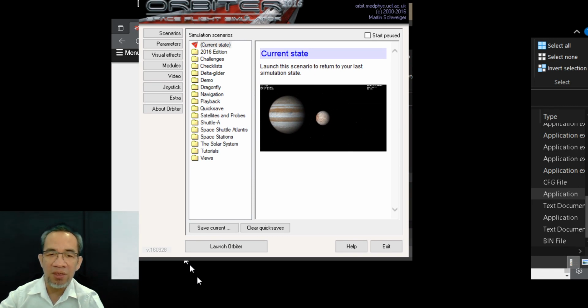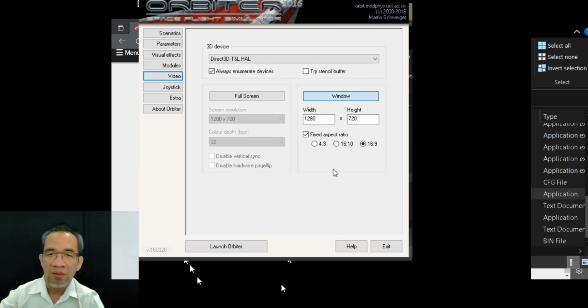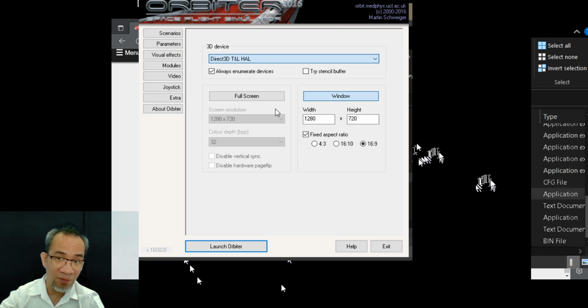So this is our launcher, and let's go first to video because this is very important. So I'm in video here. This is the default width and height I selected because we're going to run it in a window. You can run it full screen, but I advise you to first run it using a modest resolution because you're not yet sure if your system can handle it. And go here on top, the 3D device. Most likely by default, you'll see the Intel chipset selected. Change that, because if you have a dedicated graphics card,